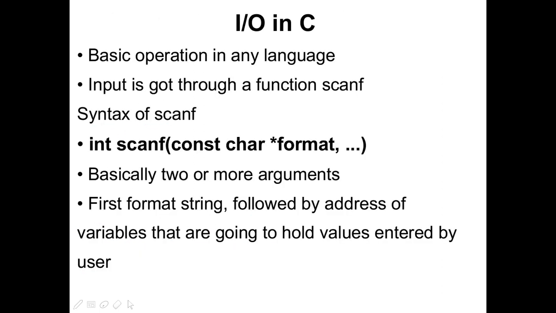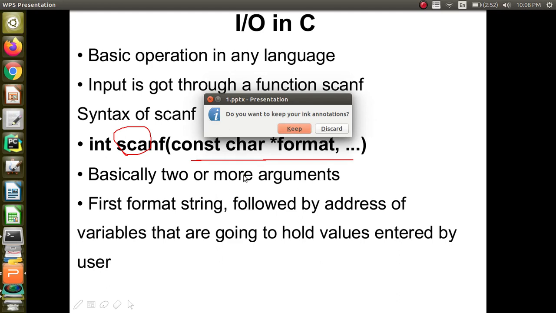Next we are going to see how you can read the input in C language. So when you see how input can be read, there is a function scanf. Scanf is used for reading the input from the user, and when you look at the syntax of scanf, basically it requires a minimum of 2 parameters. First one will be the format string and the next one will be the address of the variables. Now let me show a demo to make you understand.